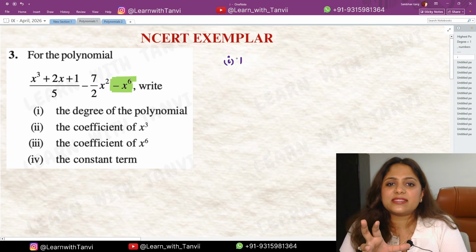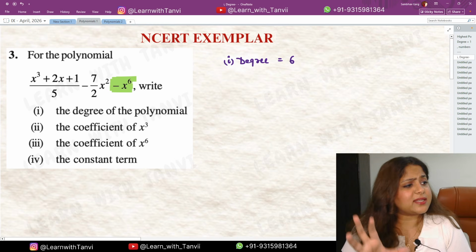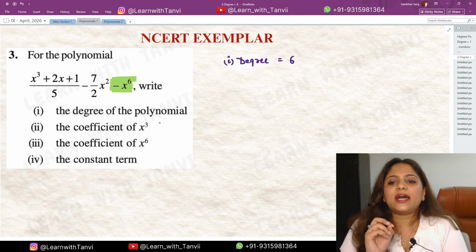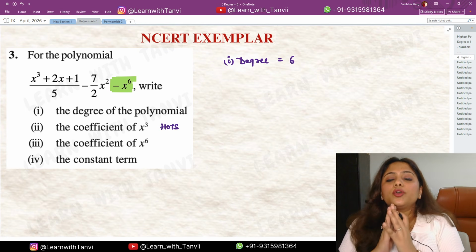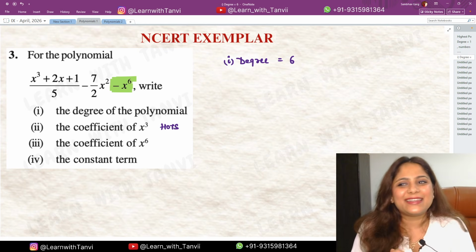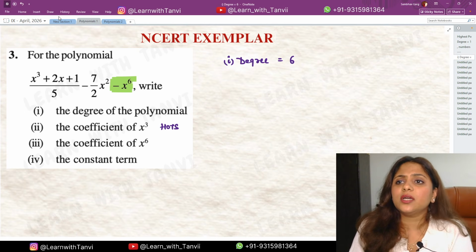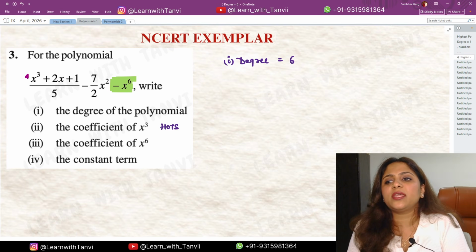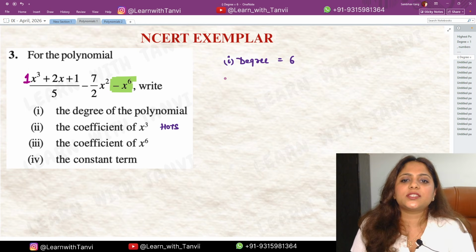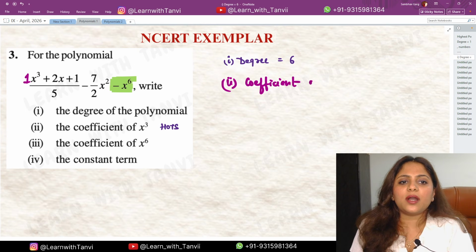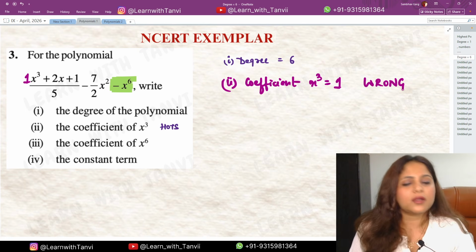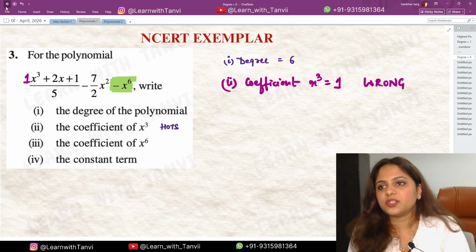The first part I can say that the degree of the polynomial is 6 right here. That's all. Fine. Now the second part is what I call HOTS. Now they are asking you the coefficient of x cube. अब बच्चे क्या करेंगे? x cube, मैम ने सिखाया था कि जो उसके साथ नंबर होता है वो उसका कोफिशिएंट होता है. इसके साथ में जो नंबर है कुछ नहीं है तो 1 लिख दो, and the coefficient of x cube will be 1. Coefficient of x cube, that would be 1, and this would make your entire question wrong. Understand what is happening in this question.